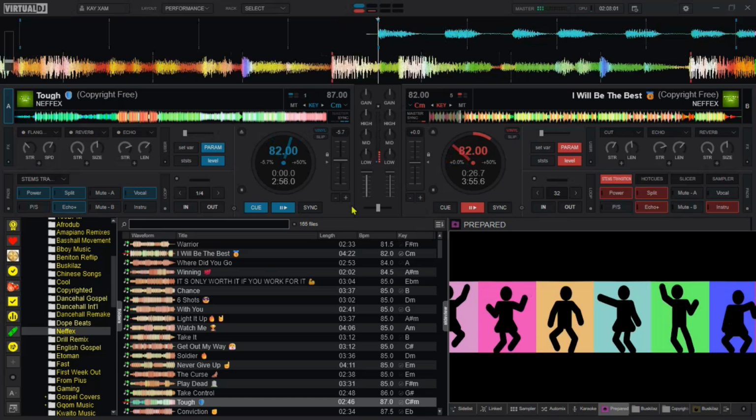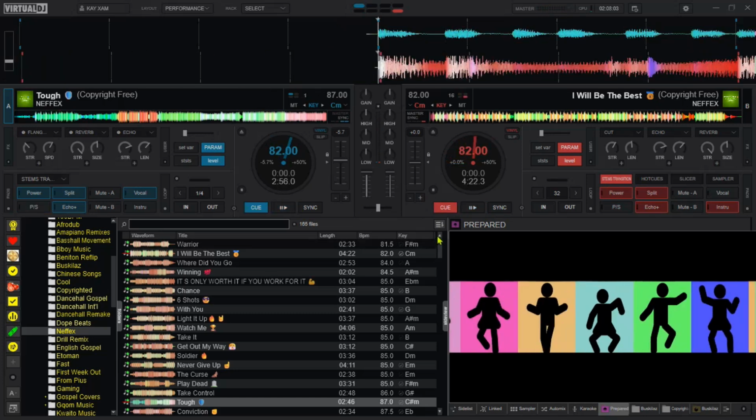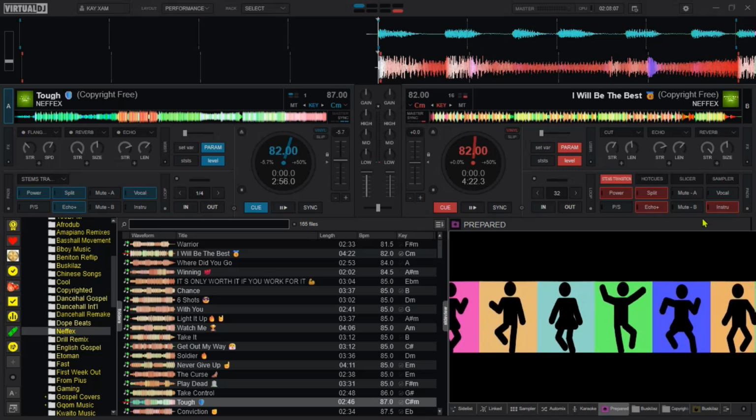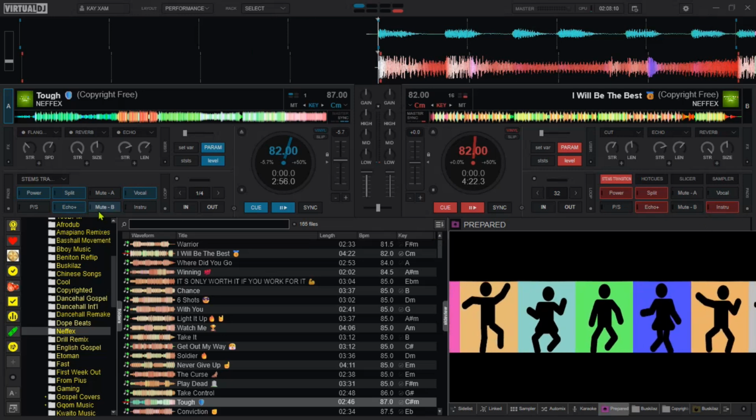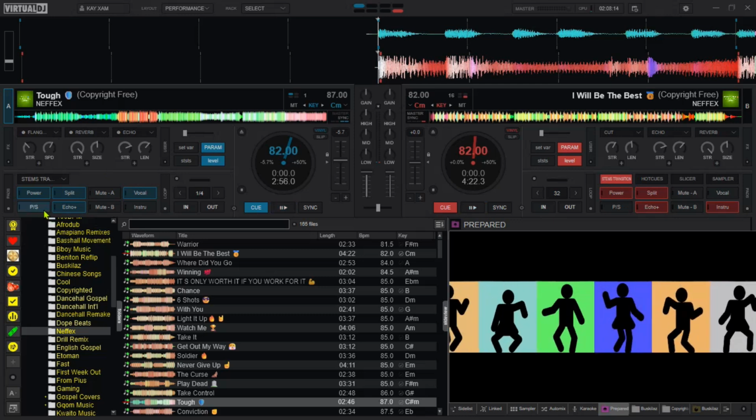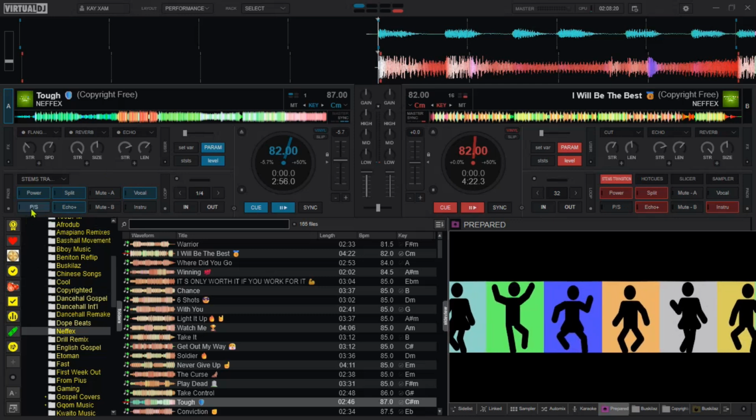Yeah, so you saw it. When I muted A, instruments only played on deck B. When I muted B, vocals only played on deck A, or deck 1. So that is the function of this. Another function of this very pad here is that